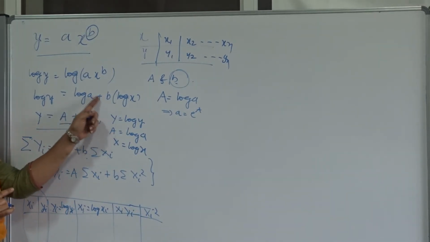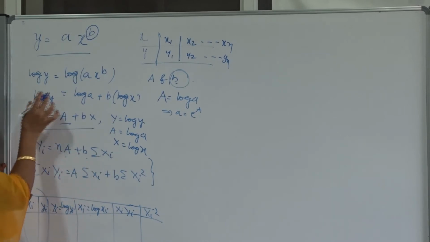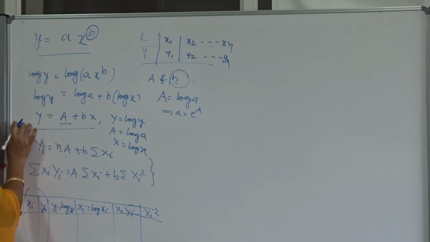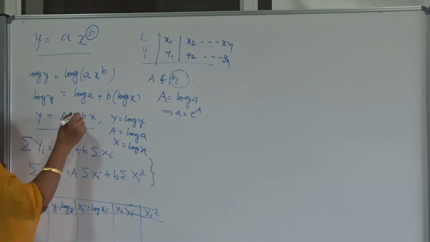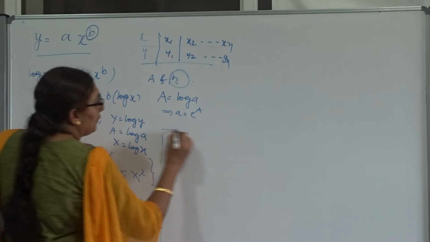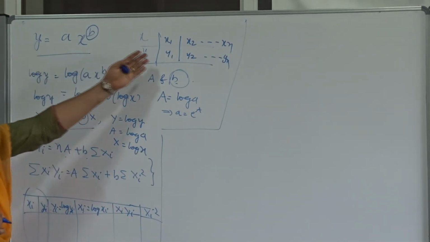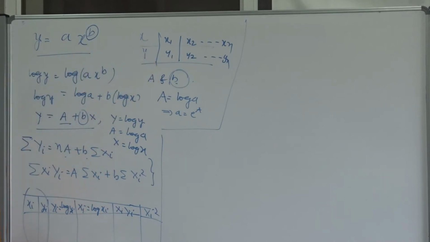Once you take log in any problem to convert into a polynomial, it is better to write which functions have log and write them as the corresponding capital letters. Don't change the rest. If they don't have a log, leave them as is. Here we don't have any log for b, therefore there is no confusion. We get b directly, but you don't get the value of small a directly. This is the way to find the values of a and b. Once you get them, you substitute here. That gives us the best approximation equation of the curve y equals a x power of b with the help of the given set of data by using the method of least squares.